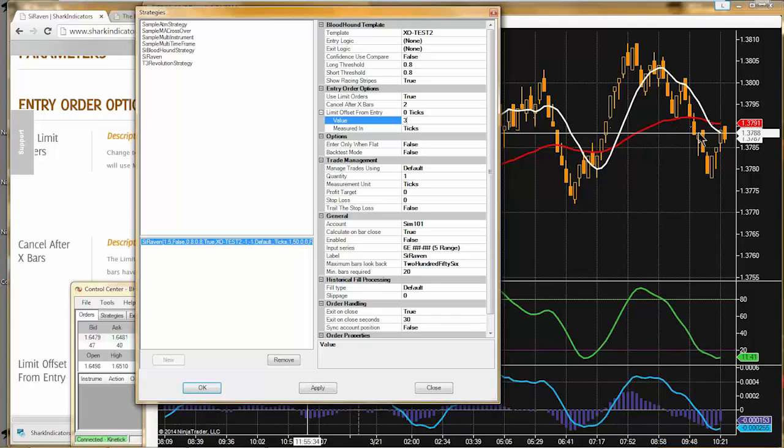If I was submitting a sell order, then the order would go in below the bid, and therefore should be filled instantaneously at the bid. So if you want to get a better fill, you want to use negative numbers. So if I put in -3, if this was a buy order, -3 would be